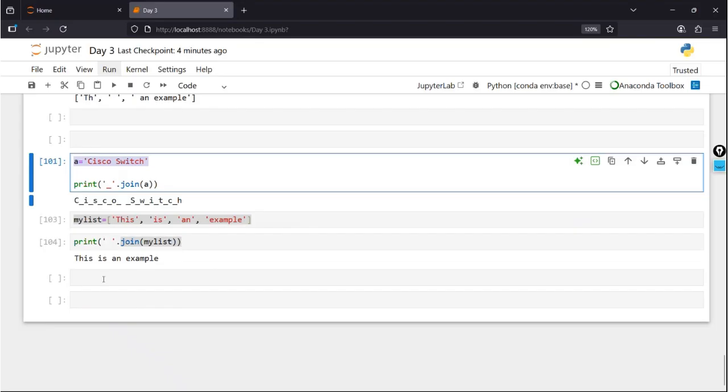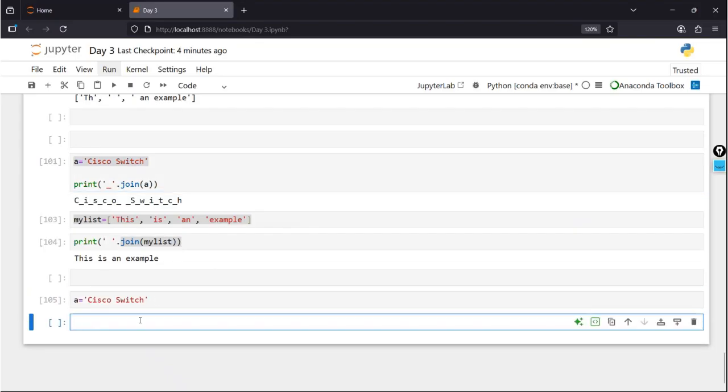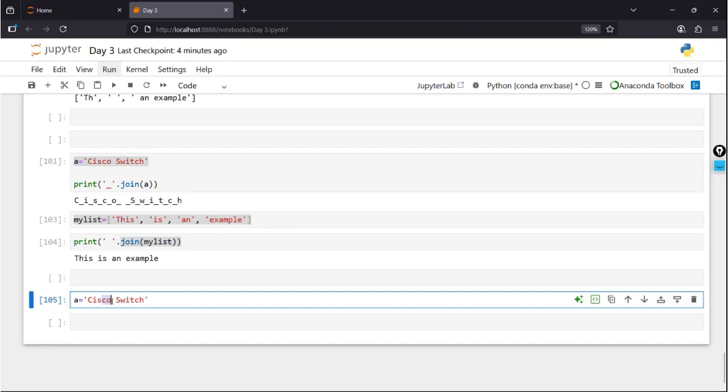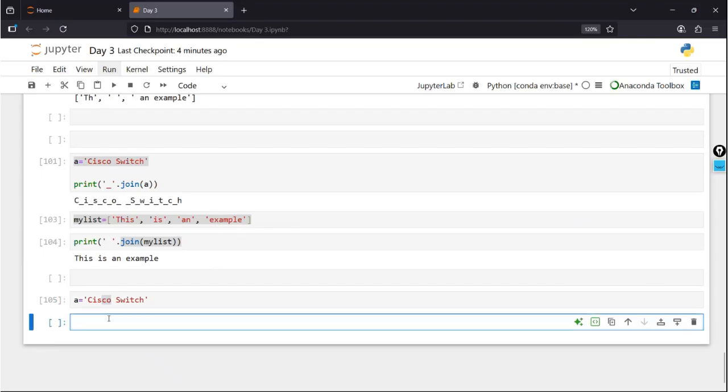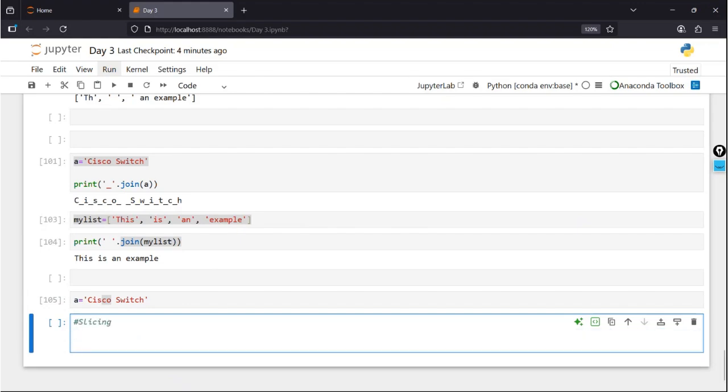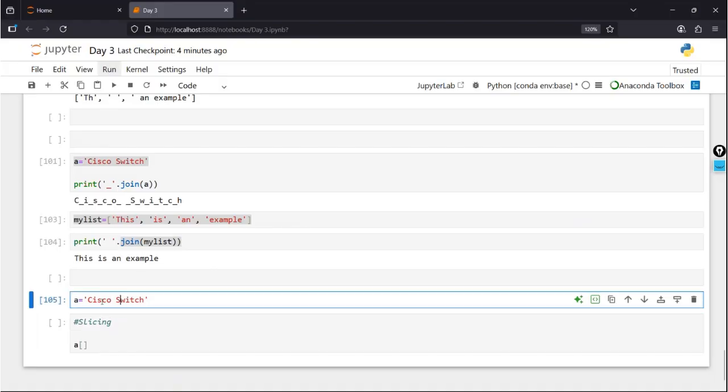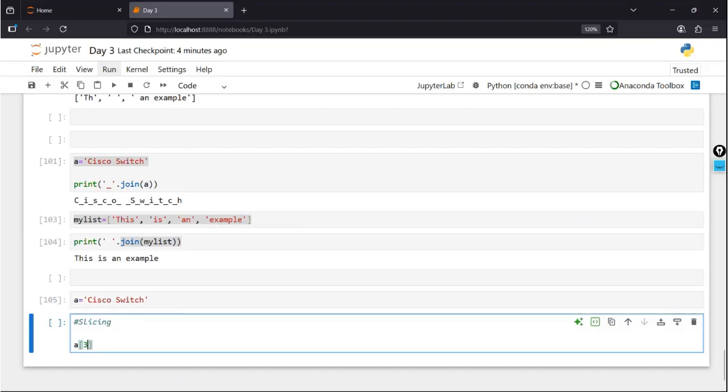Slicing is when we want to take some portion of the string. Suppose we have A is equal to Cisco switch. I want to extract this CO from this particular string. In that case we are using slicing. Slicing means we use our variable A, then create a square bracket. Inside the square bracket, first you give the starting index. If I count from 0, this is 0, 1, 2, and this is 3. So we are starting from 3, and after the colon,